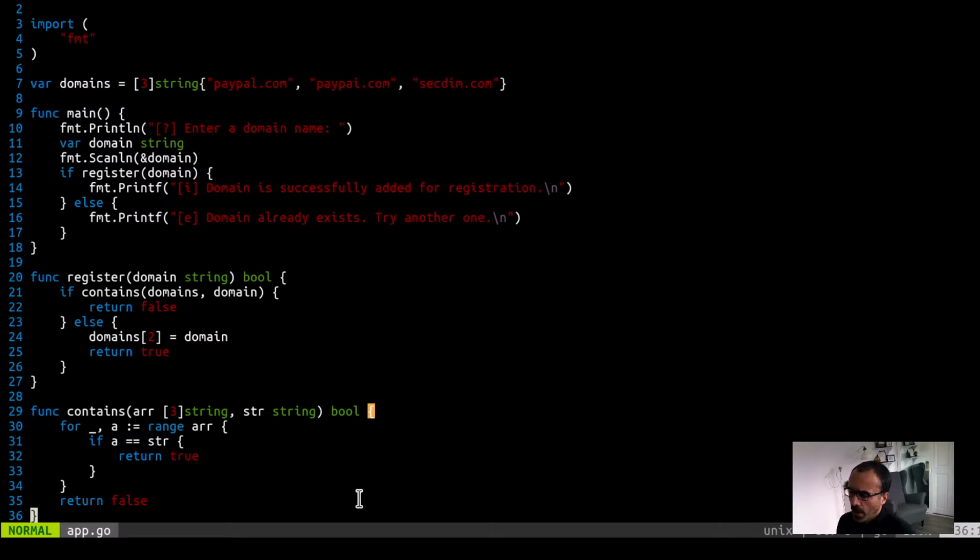Here, when we are comparing these two values, a and str, are we comparing two things in the same format, in the same context, or effectively, as in English we say,